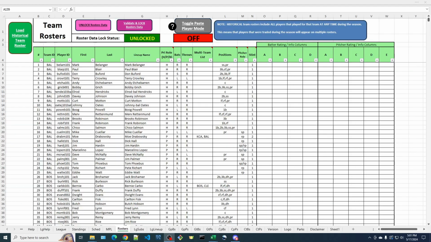Okay, here we are back at the roster sheet. I've completed updating all my duplicate player names so that I'm ready to move on to the next step. But before I do, I want to just clarify